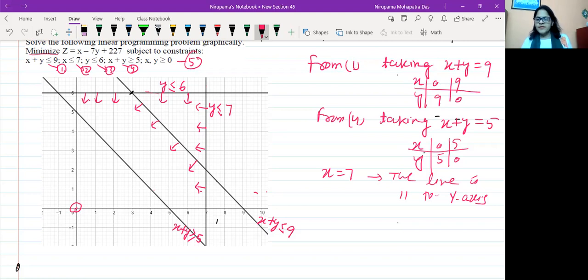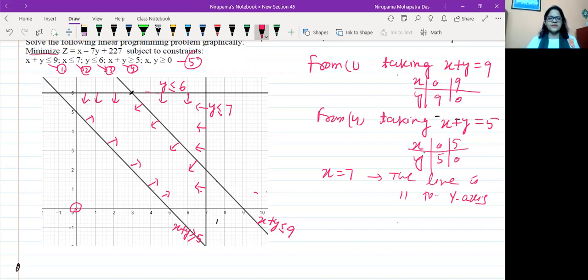The line is not passing through origin. So putting x 0, y 0, 0 greater than equal to 5 is not true, which means we have to take the arrow mark